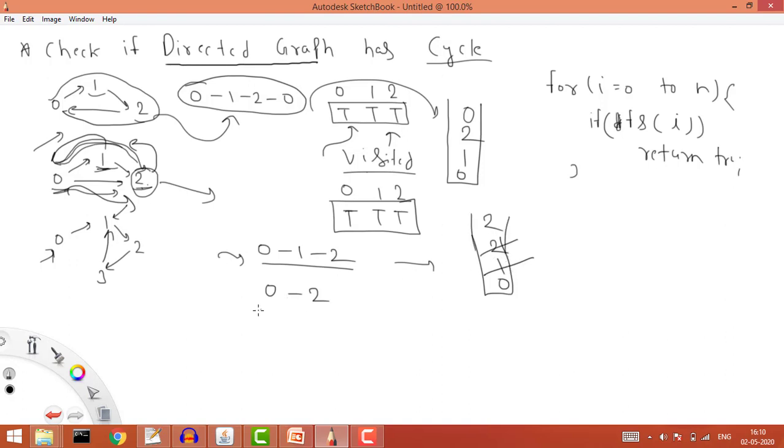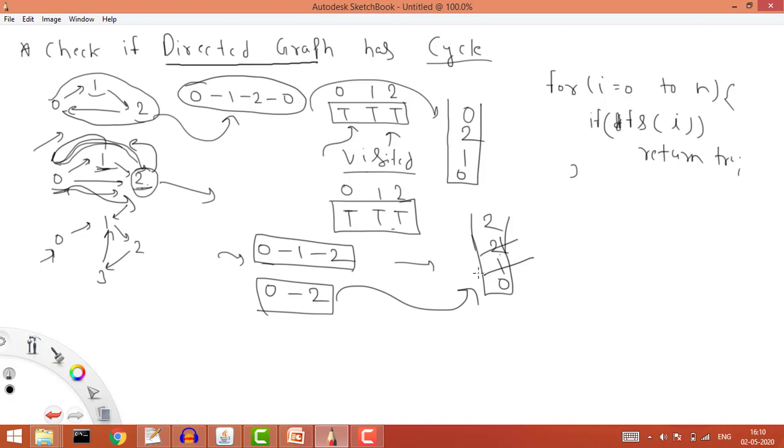So now we have this path 0 to 2; earlier the path was 0 1 2, now the path is 0 2. So now even though this 2 is visited, it is not in this recursive stack, because we are calling this the recursive stack, right?